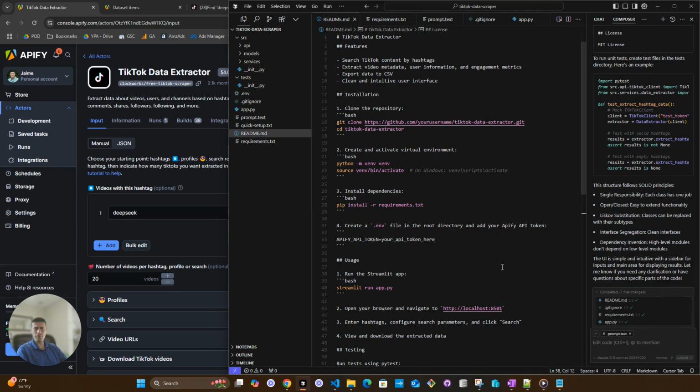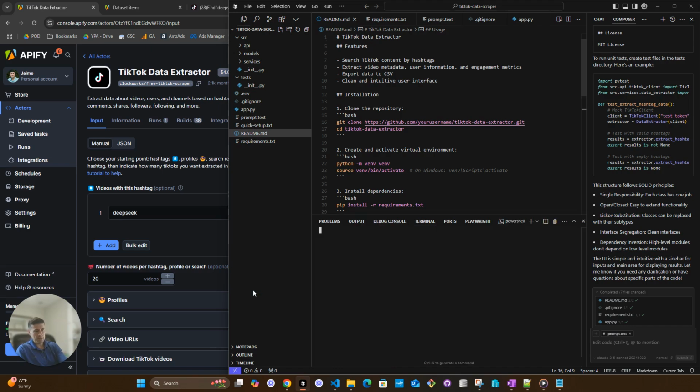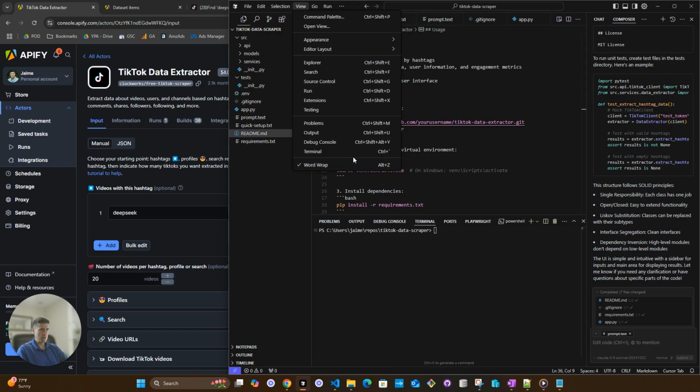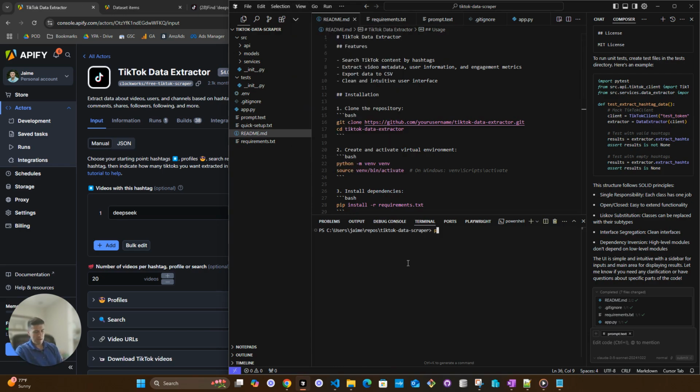And I can do two things here. In previous videos, I've done it with Cursor, the composer, to run the application itself. But right now, I'm going to do it myself. So I'm just going to do Control, Shift, and the tilde. Or you can go here to View, Terminal. It opens up the terminal. And I want to